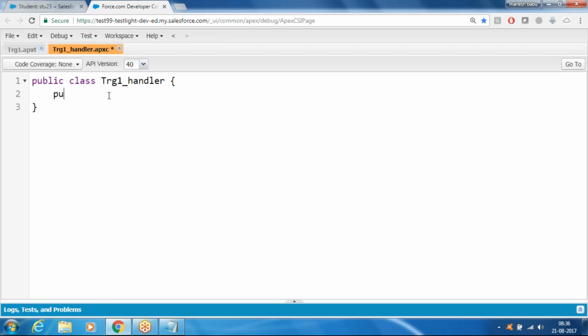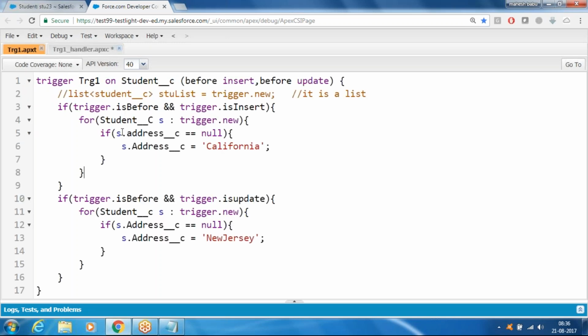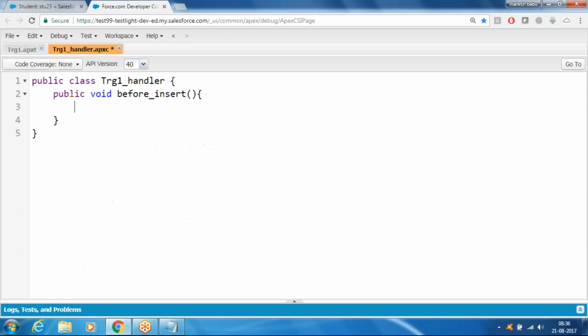Okay, let me have one method here. Public void, so this is my method name. Here we need to have the student records, right? So a list of student records,